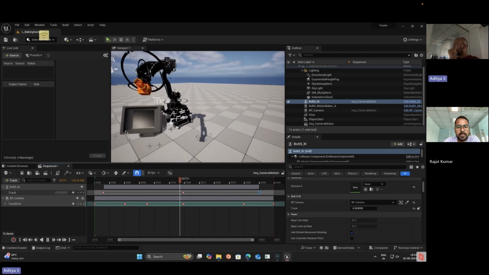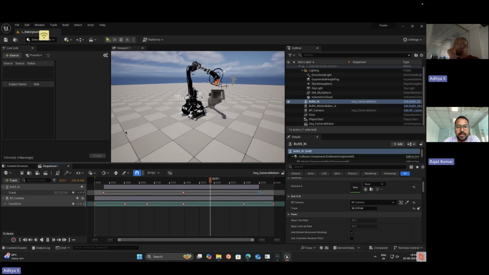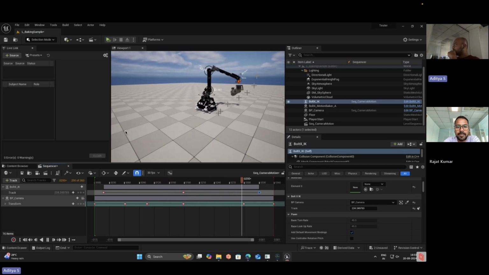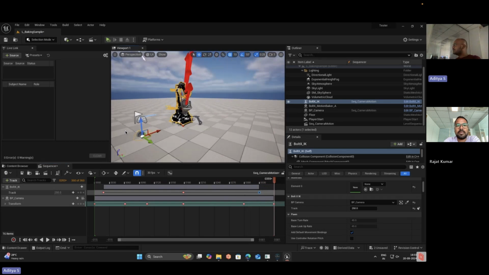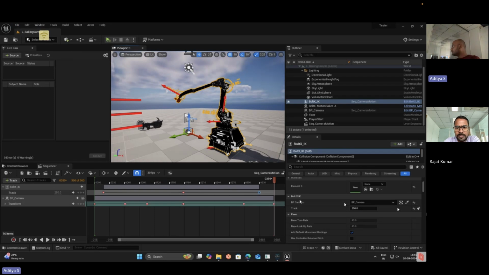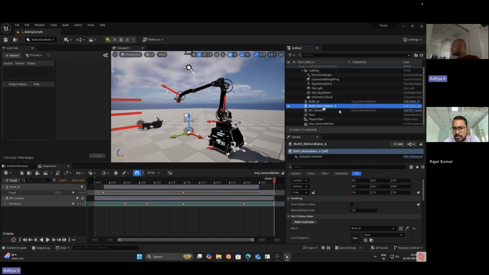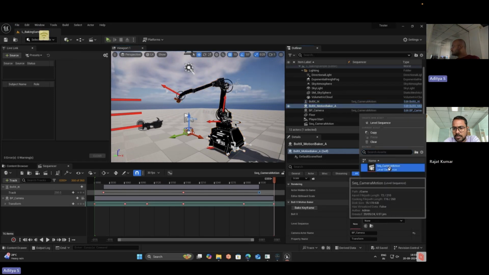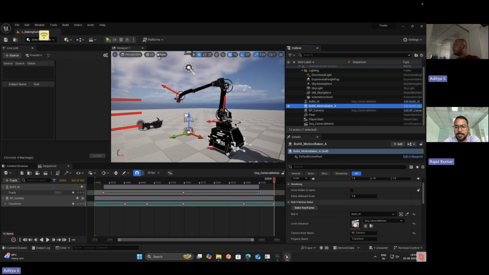You can see you have all kinds of transforms being replicated back to the board. And the Bolt is calculating what exactly should be the axis value for that position of the camera. Now that this is done, all you have to do is hit save if you want to, and go back to your Motion Maker, select the level sequence that you want,